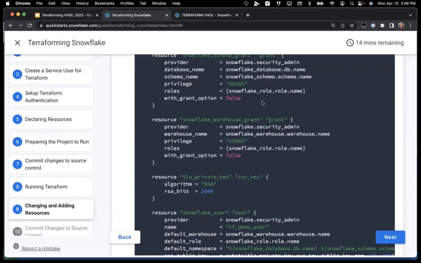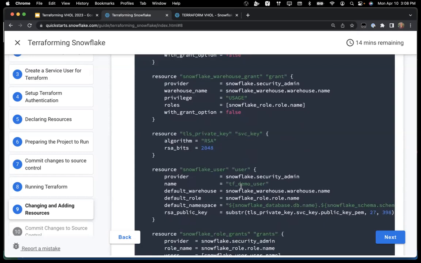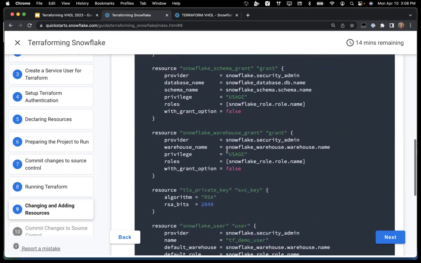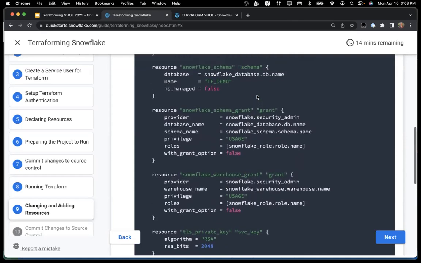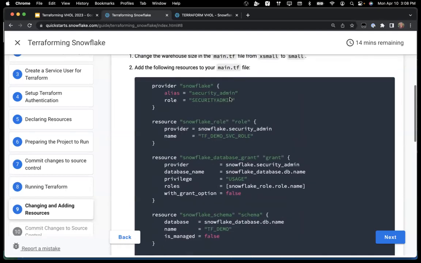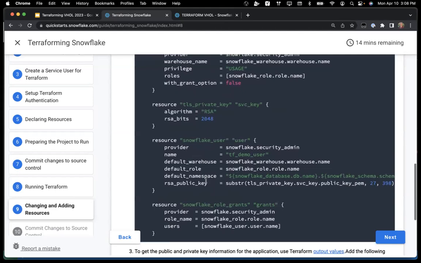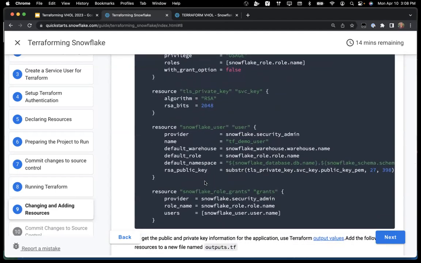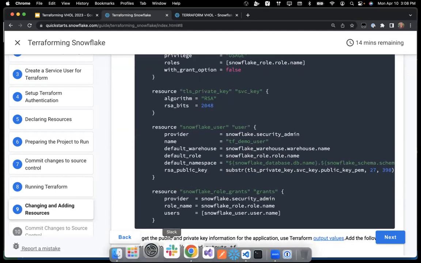grant the warehouse usage to the role, and then I create the user, as I said, and then link this user to the role. So now I'll have a brand new Snowflake user named tfdemo user that has a key pair that has access to the warehouse I just created. This will have access to the role, which has access to the schema, as well as usage access on the database. I think that's all it's going to do. So I'm going to go ahead and run all of this, and then you'll see all these things automatically happen,